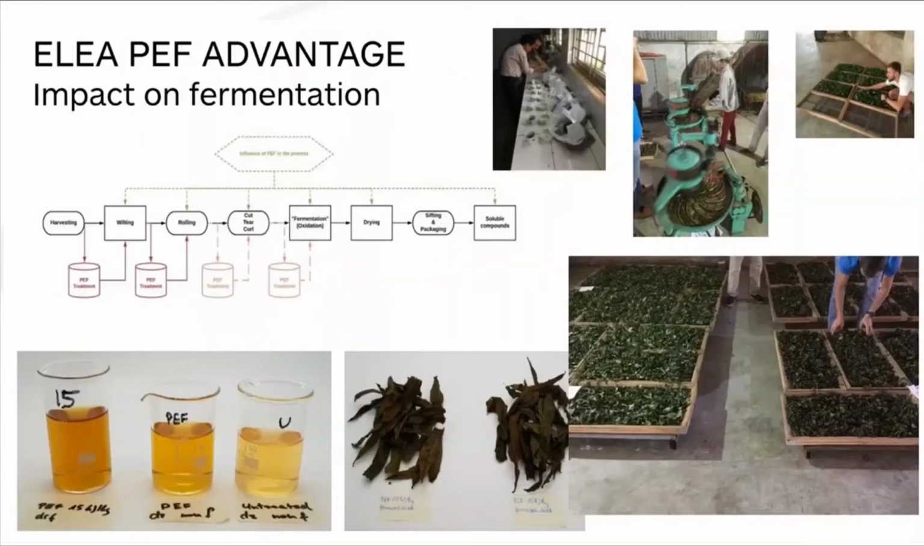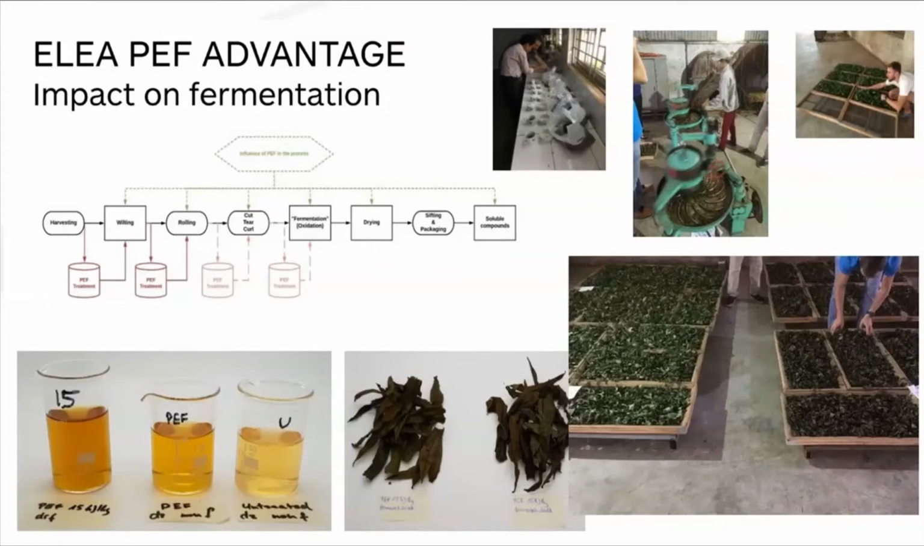The last area I wanted to touch on was the impacts on fermentation. So I was coming across some data that showed the impacts where you can start to treat leaves and you can start to improve the fermentation process. So on this slide, they've studied pulse electric field treating the leaves, and then drying the product out,